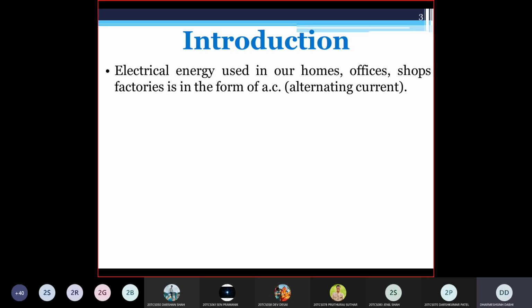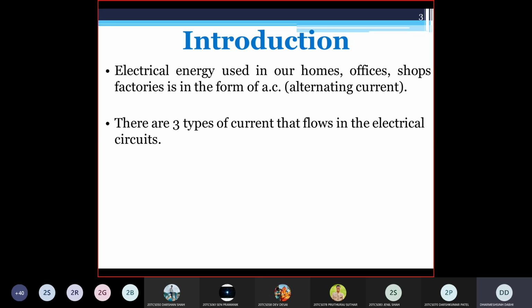As you know, most of the generators are within a 500 kilometer range of the load center. Clear? So generally we do not prefer to use DC, but in some cases, in some areas or some countries where generating stations are more than 500 or 600 kilometers away from the load centers, we can prefer high voltage DC. But in most cases we generally prefer AC because of the advantage that we can increase or decrease the voltage by using the transformer. Clear?